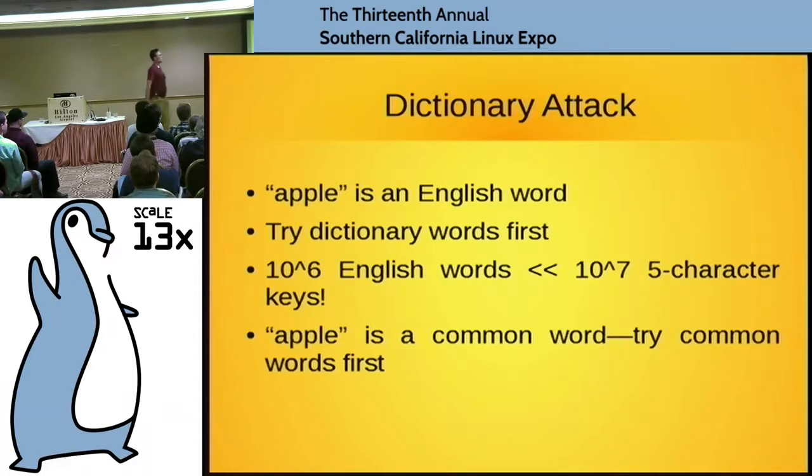Well, the keyword apple is an English word. It's not a difficult guess that whoever is doing this is picking English words and not arbitrary strings. So the attacker, if he's any good, will start by just iterating through the dictionary. At the outside, if you take every obsolete word, every jargon word you can come up with, you won't get more than 1 million words in English, and you probably get 1/10 of that. So that's already less than 1/10 of what we had just with 5-character keys.